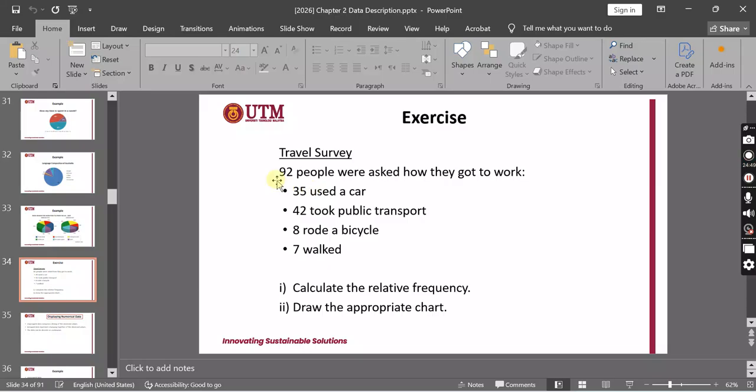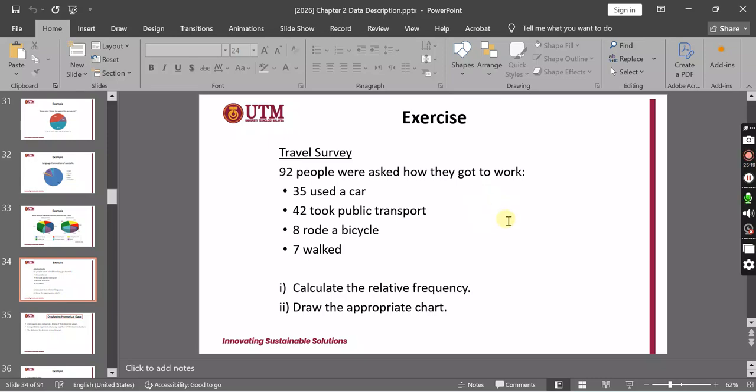Okay, you have 92 people who were asked how they go to work. 35 of them use a car, 42 public transport, 8 bicycle, and 7 walk. So you can make a relative frequency. If you want to make the relative frequency, you have to put the table like this: